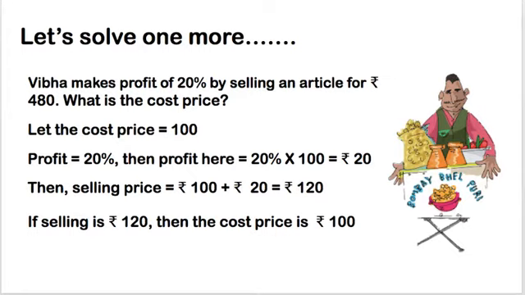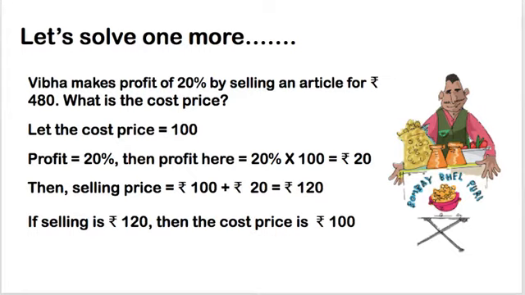Now we are given the profit percentage, that means we are given something like profit by CP into 100 is equal to 20. That is what we are given, and we are also given the selling price, that is 480. That means CP plus something is 480. Then we have to calculate the cost price. Now we will suppose it to be 100. We don't know what the cost price is, we are just supposing it. Just as we solve algebraic equations using x, we are supposing over here that the cost price is 100.